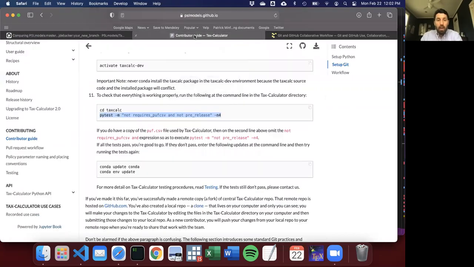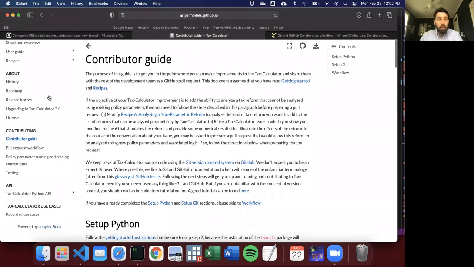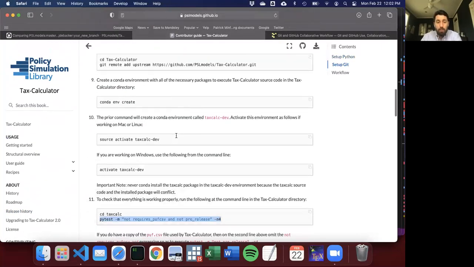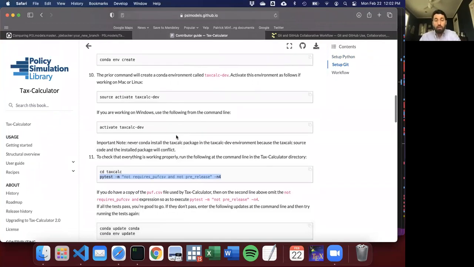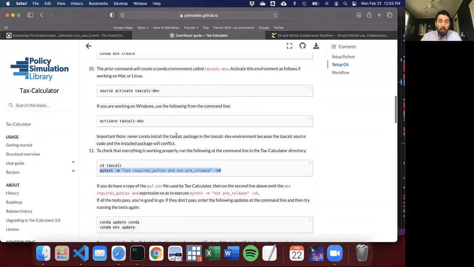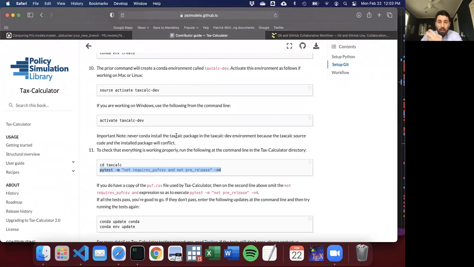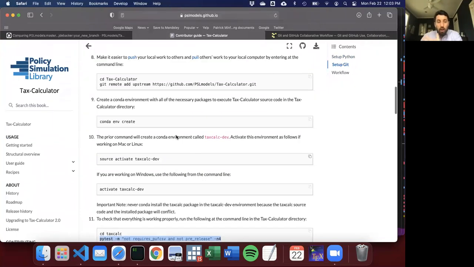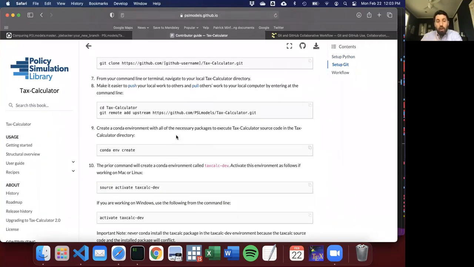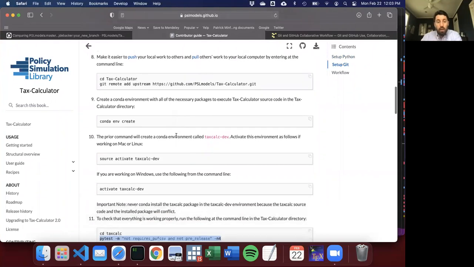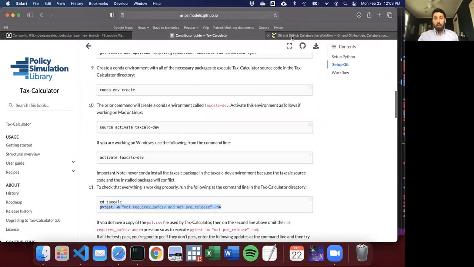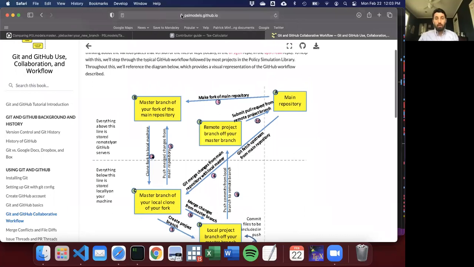All right. And again, I want to highlight here this contributor guide that's with Tax Calculator that takes you through these steps. As I said, many other PSL models have a similar contributor guide that'll take you through downloading and installing the necessary software, be it Python or R, setting up your GitHub remote fork, and then cloning to your machine and so on, and take you through those steps to make sure that you've got the files and that things run, all right? From that point forward, you can check out the GitHub tutorial, okay,